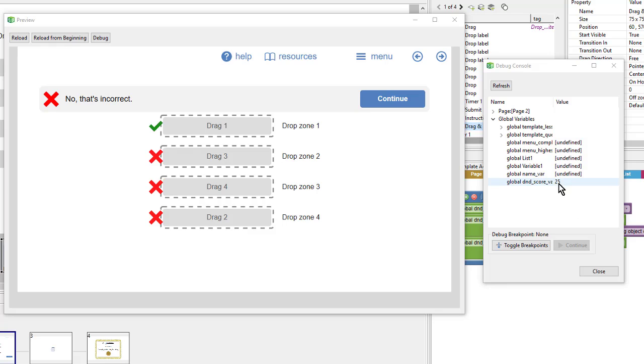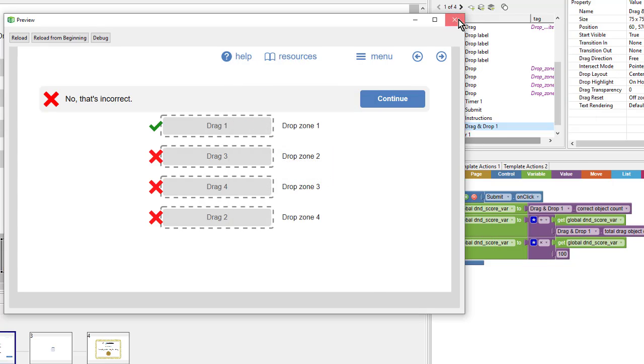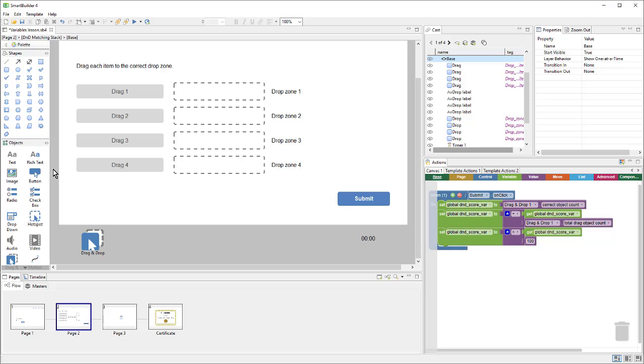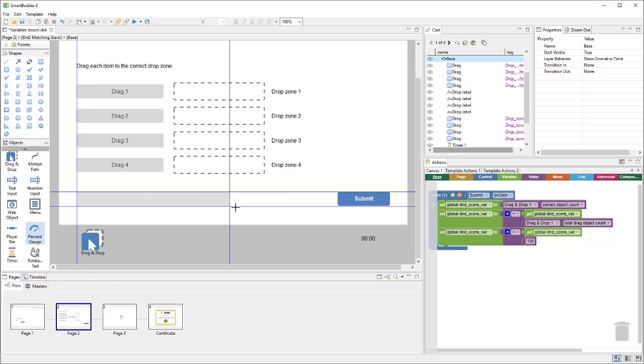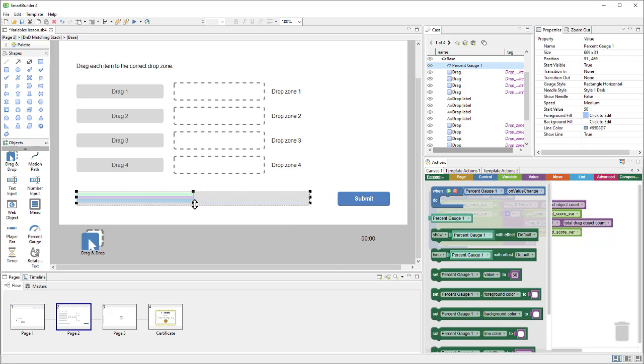So what good is this number? 25%, 50%, 100%? Well, once we have it in that format, we can very easily use a percent tracker. So let's add one to our page. So I'll come over to my objects, and I'll scroll down to the percent gauge, and I'll draw one here at the bottom,